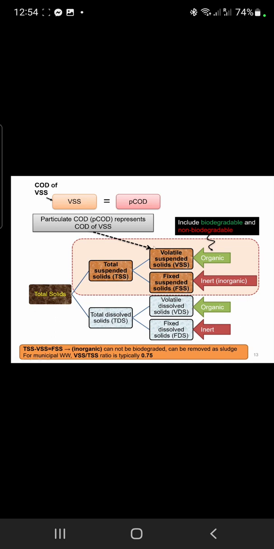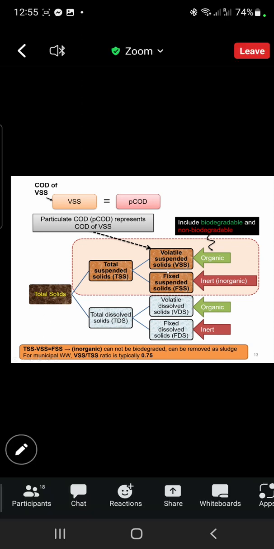What I want you to know is the volatile solids. We talked about volatile solids versus the total solids. Total solids includes volatile solids plus the fixed solids. So let's not worry about the suspended or dissolved. Just look at volatile solids or fixed solids. So total solids means volatile solids